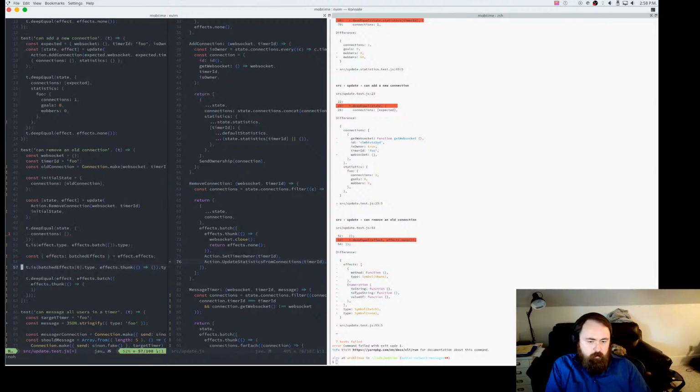type, and we can probably run this too and make some assertions on it. Yeah, because we're actually going to want to close or run close on it.